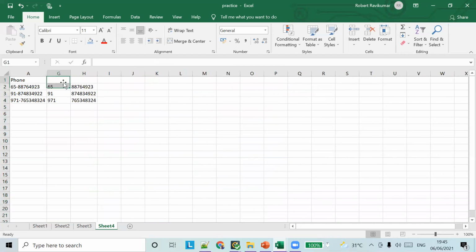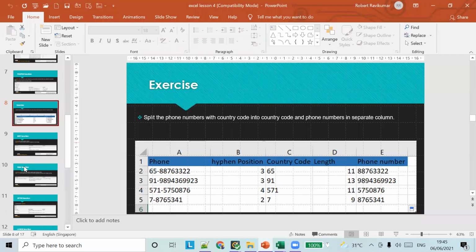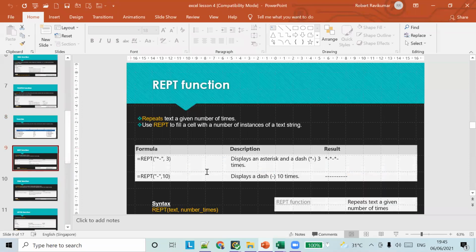All we need is this answer. Just for understanding, I put all these in separate columns, but things can be done this way also. I hope you guys are clear. Shall I move on to the next topic? Okay, let's move on to the next topic.